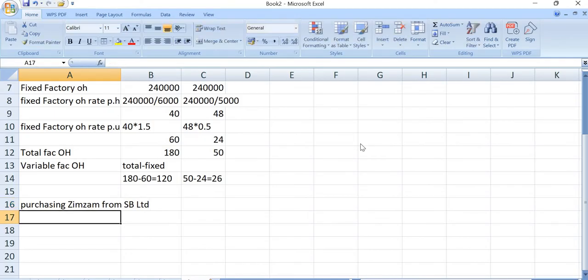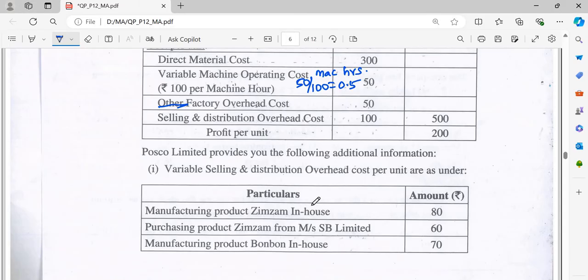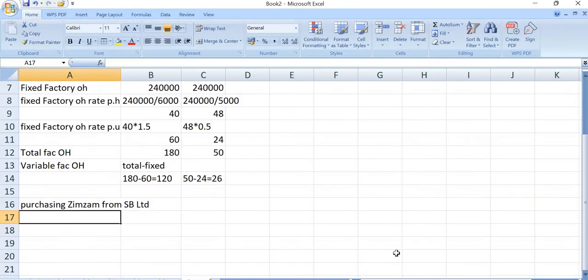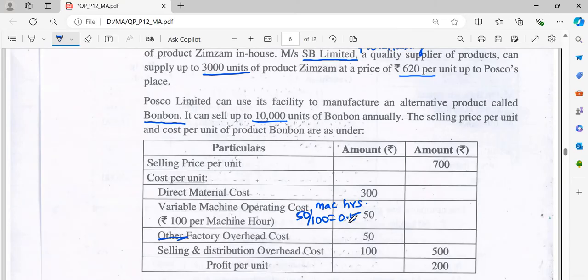So what is the cost of purchasing? I need to incur 620 rupees as the purchasing price, and also I need to incur the variable selling